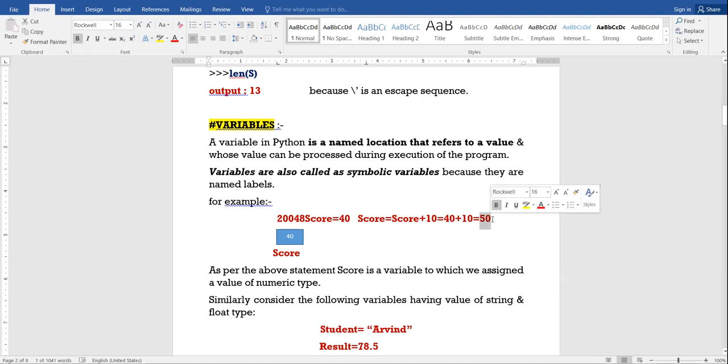In Python programming, the concept is that now the address will change. Now the variable will point to some other location, not this location. इस लोकेशन पे तो 40 था ना, अब उसकी वैल्यू 50 हो गई, अब वो किसी और लोकेशन को पॉइंट करेगा.